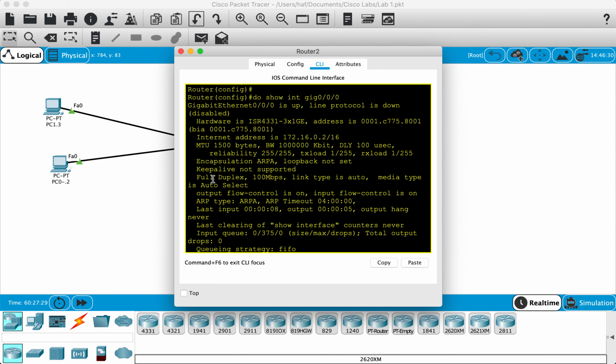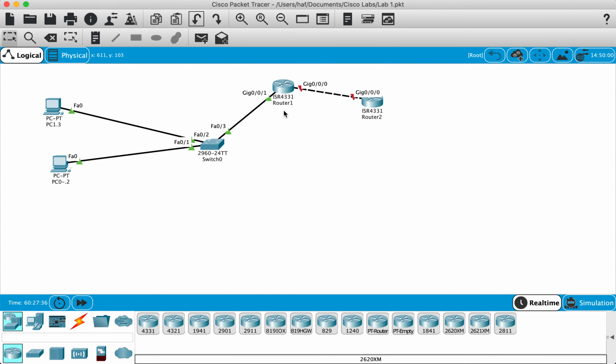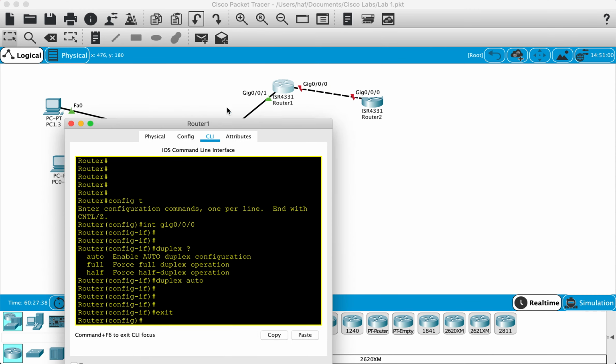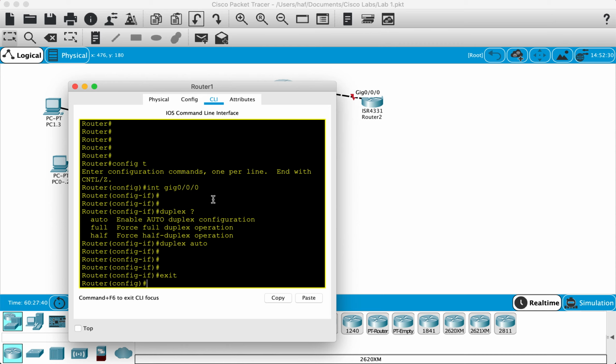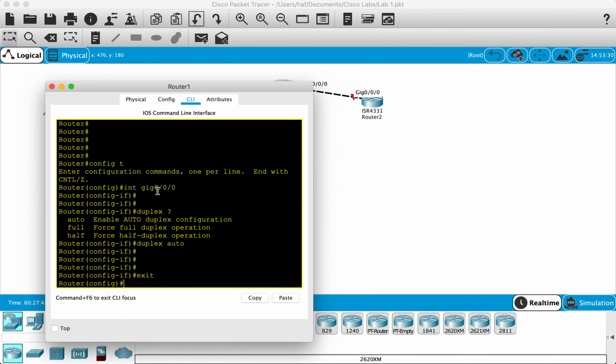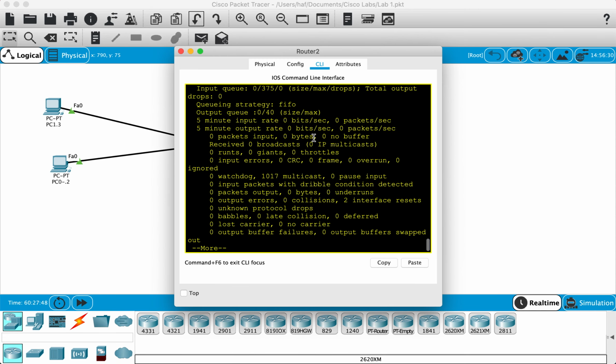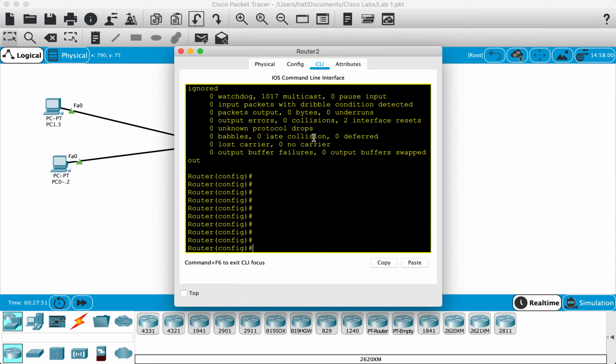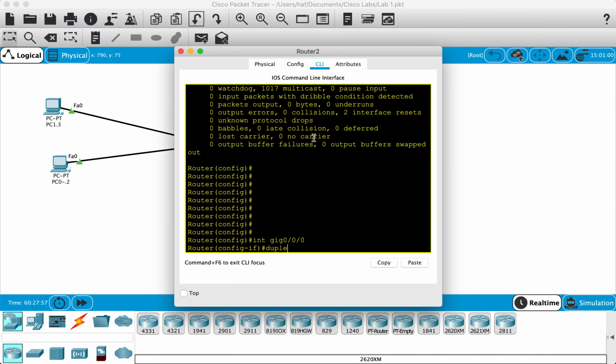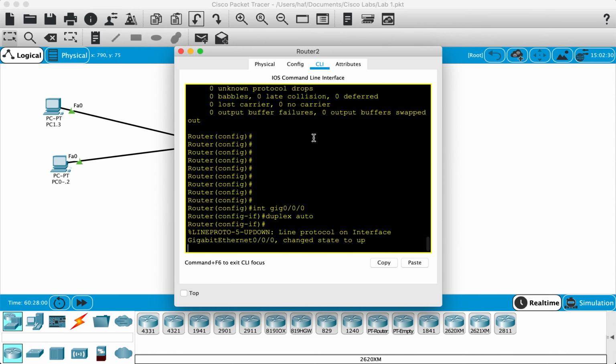Now, one key thing is that we do need a gig connection for us to hard set as full duplex. So we will probably need to set this router gig 0/0/0 to duplex auto, and this,